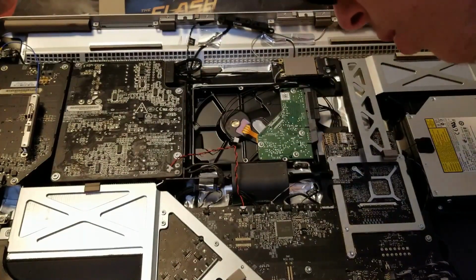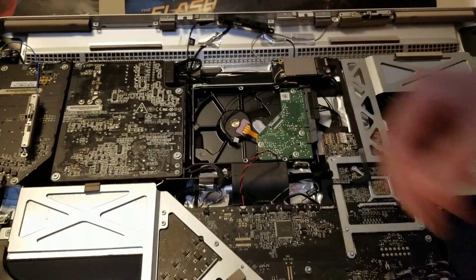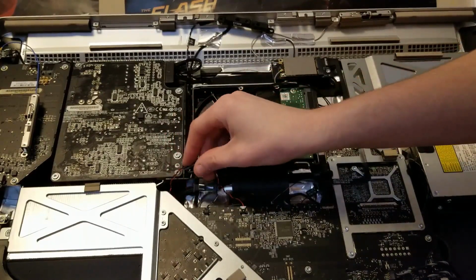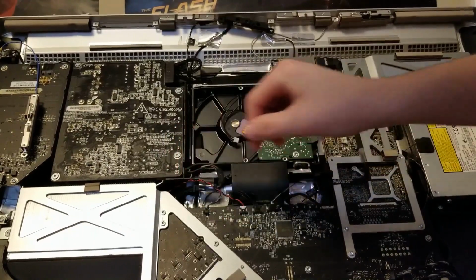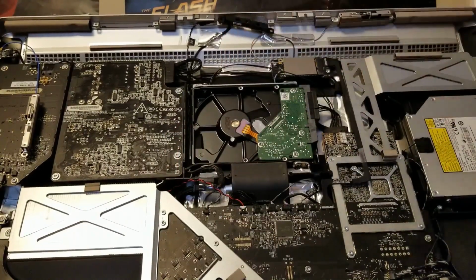So, I don't know if those are important for anything right now. We're gonna put it back together and see if it works without them. So we're just gonna tuck it back here, because we don't want it to get damaged or stick out when I'm putting the screen back on. Pinching the cable would be bad. Okay, put that up there. Okay, so